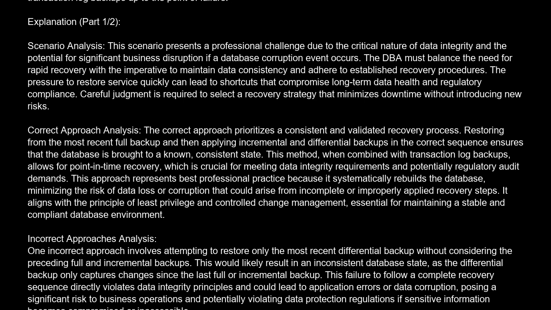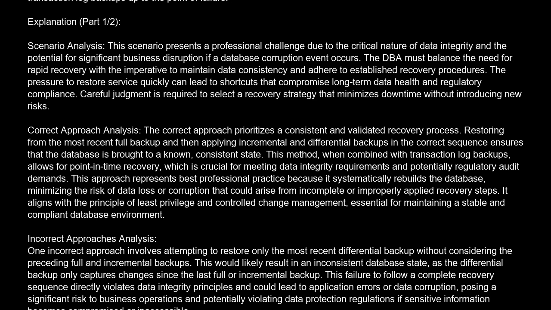This method, when combined with transaction log backups, allows for point-in-time recovery, which is crucial for meeting data integrity requirements and potentially regulatory audit demands. This approach represents best professional practice because it systematically rebuilds the database, minimizing the risk of data loss or corruption that could arise from incomplete or improperly applied recovery steps. It aligns with the principle of least privilege and controlled change management, essential for maintaining a stable and compliant database